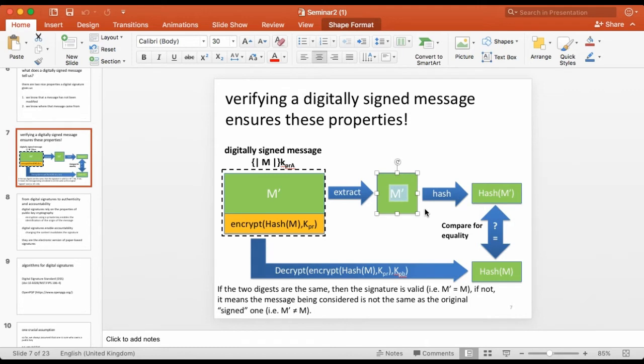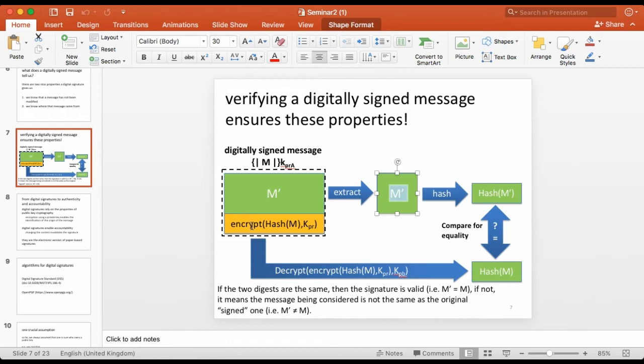This is very easy because you've got two things, and all you're doing here is picking one of those two things and putting it aside. Then we go on and hash this message M prime, and in that way we obtain its hash, some kind of a number that corresponds to M prime. So we set that aside and forget it for the moment. And at the same time